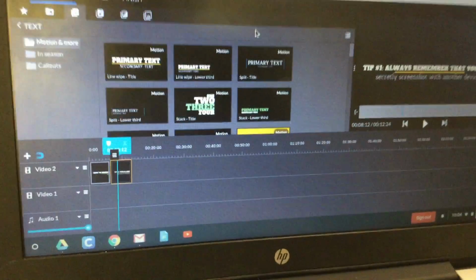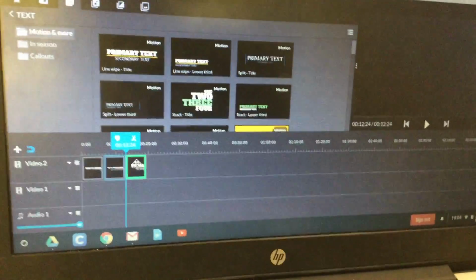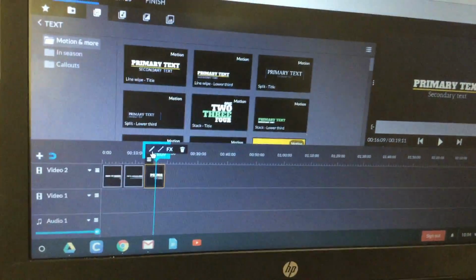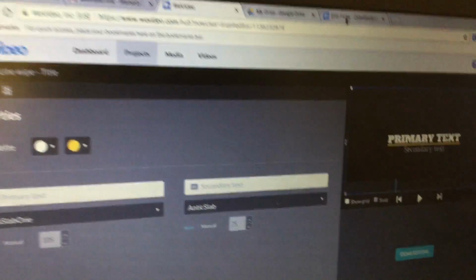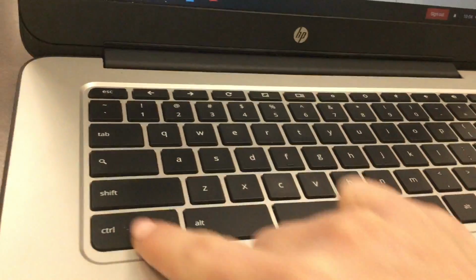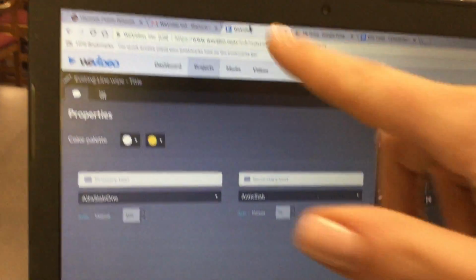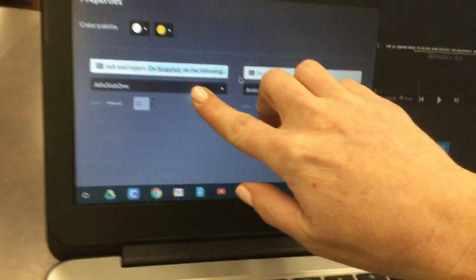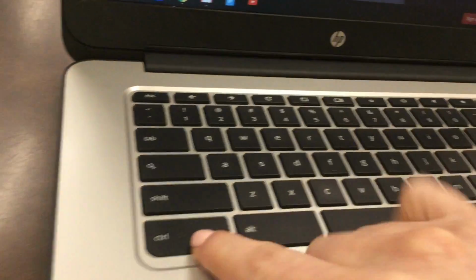Click on Done Editing, again add a 3rd text box, and click on the text box, rest your pointer on the 3 lines, click the pencil, click back over to your Cyberbullying Guide template. If you just hit Tab also, it'll highlight everything, so then Control-C, click back to WeVideo, click in the text box, and Control-V to paste. And again, we're just going to take that second sentence, highlight, Control-X, secondary text, Control-V,